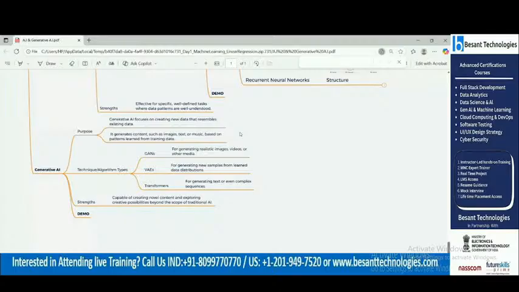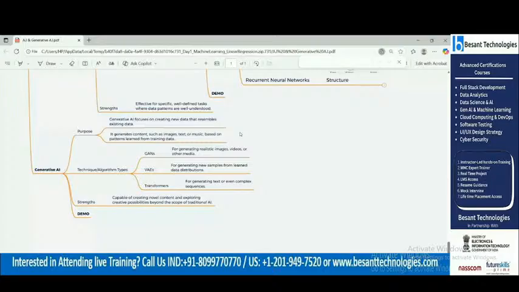Now, which data types can you use in Gen AI? You can go with images, videos, any text sequences, music, anything. And you can generate all these contents: text to image, text to music, image to text, image to music.